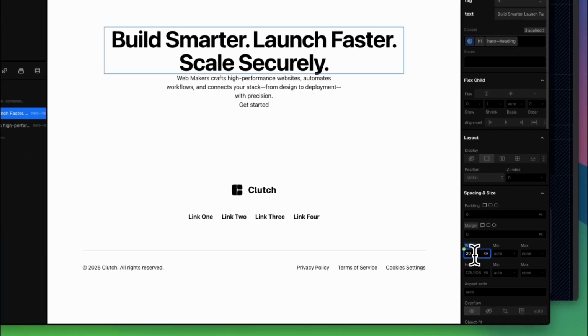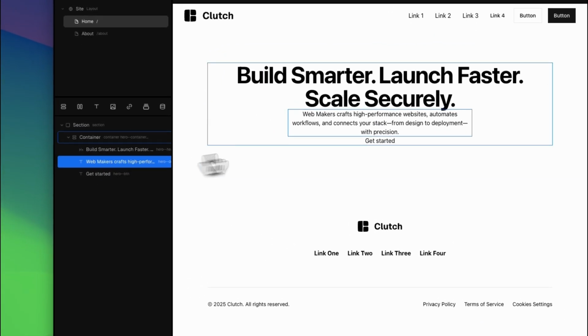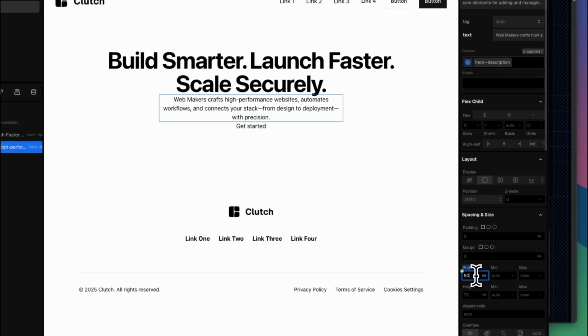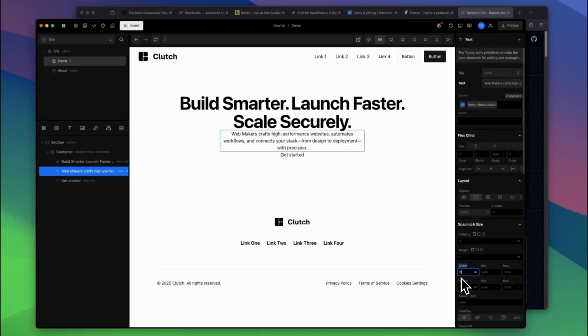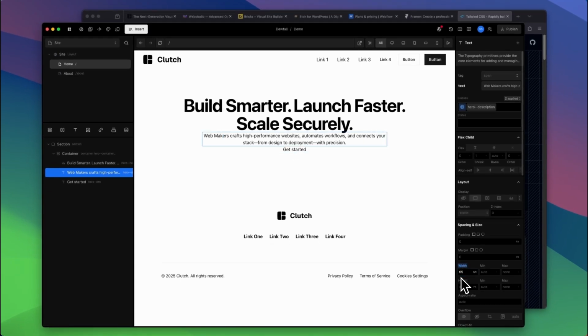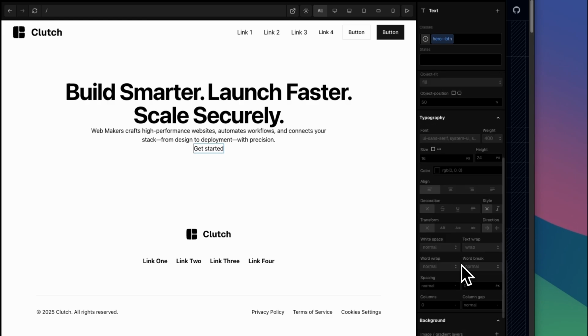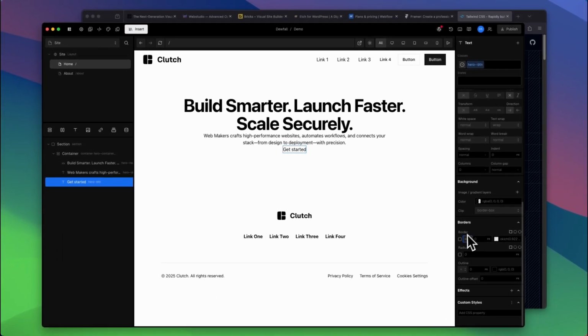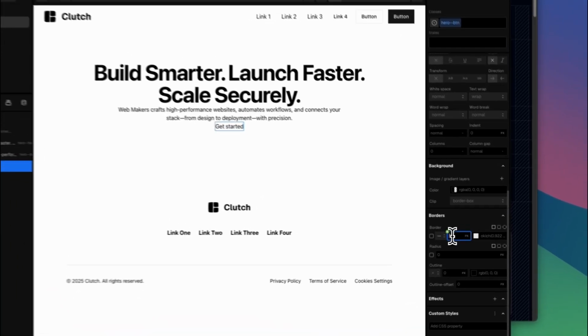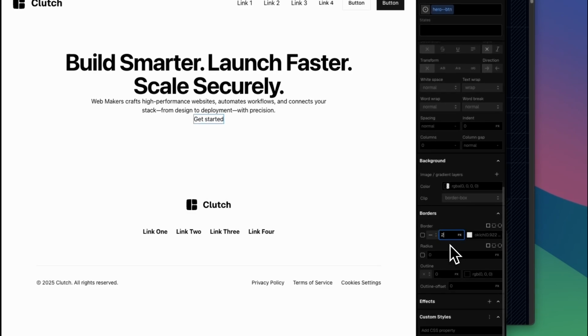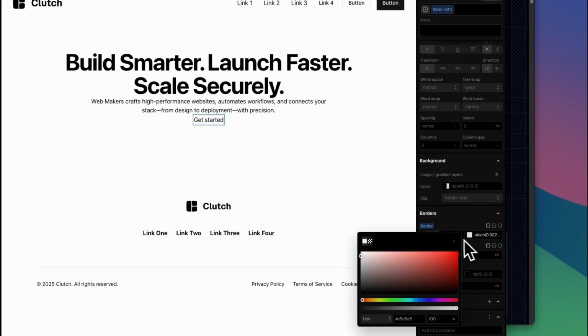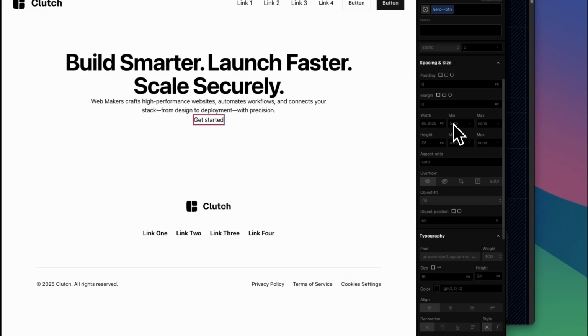Alright. When I hit delete, instead of deleting this, it's deleting the element, which is a bit counterintuitive, but at least you can undo. So let's do 65, and that's okay. Now for our button, we're going to add a background. We can actually add some borders here. I'm going to do 2 pixels, and you can see that color scheme from Tailwind. So we'll make this red,